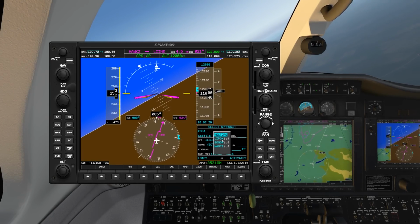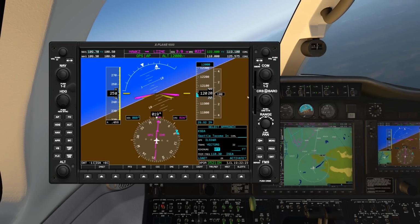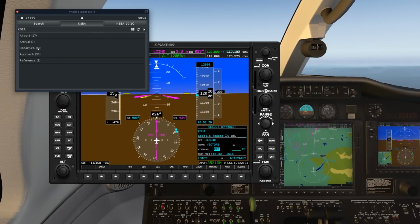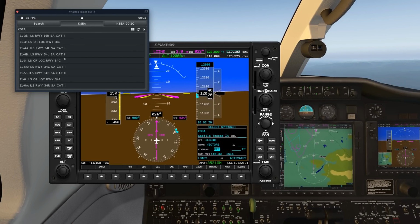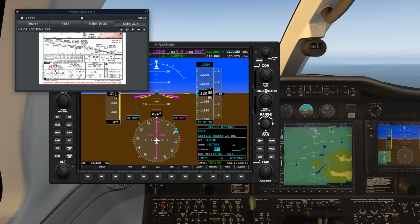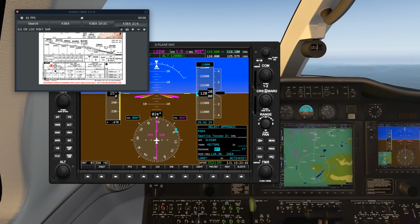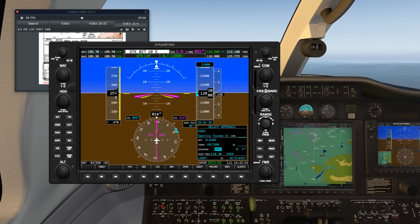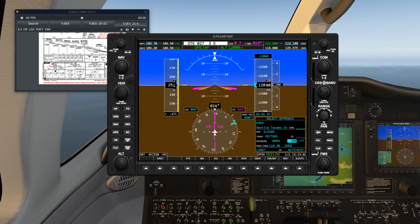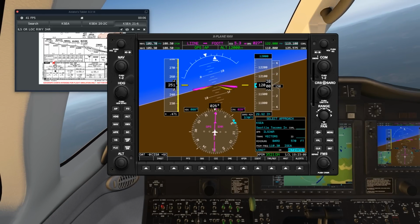You have different options: vectors, JIPOX, Sonder, and Wagnet. We'll use vectors. Minimums. There are minimums for this approach. So if we go in here, bring up that particular approach here. Let's see, approach and ILS 3-4 right. We can bring up the minimums, which is going to be 572. So first off, we're going to select the, it's not going to let me. There we go. I have to go into it. Barometric, and then go over here and select 572. So we're going up to 570. Enter that. And so you have the load or activate option. We're going to go to the activate option,